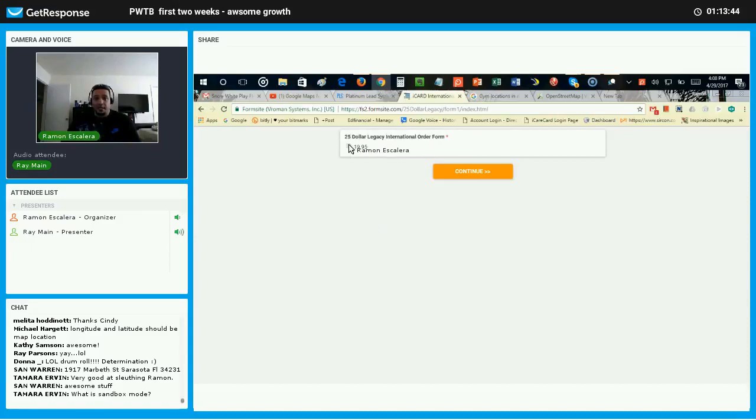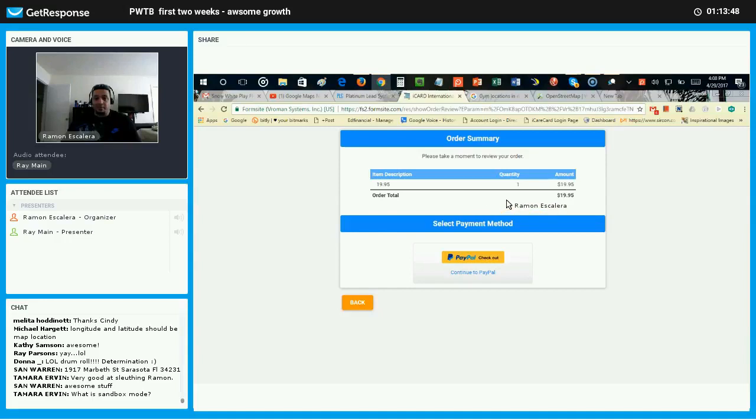There's the form. And then they click on 1995. They click continue, and they make their payment. And they can make their payment to PayPal here, or they can continue to PayPal. That's if you want to use PayPal that way. But that way you can keep track of all that info, like their order, what they paid for. You can keep track of all of that. It'll have their name, so the form will have their first name, last name, email, so you can keep track and send that to